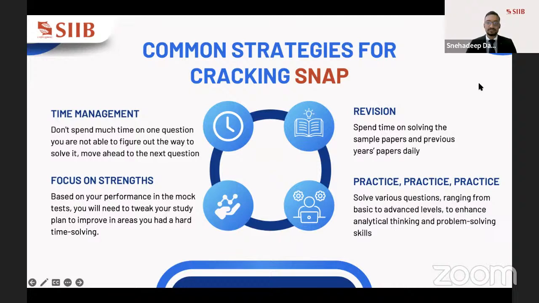You can analyze where you are lagging behind and where you can improve. So you need to solve various questions ranging from basic to advanced levels. Analytical thinking and problem solving skills you also need to have for the practice part. Moving ahead,